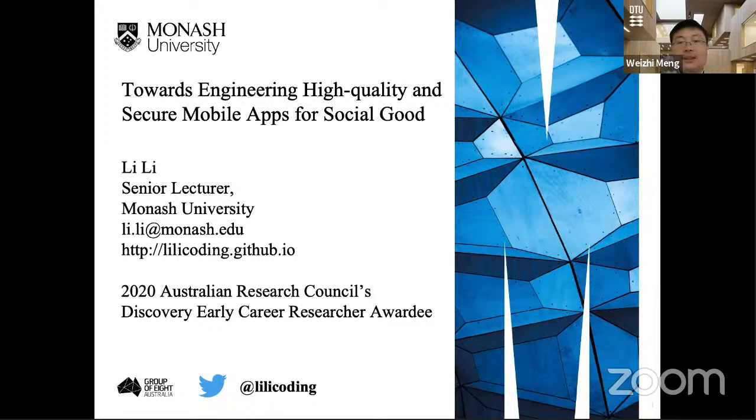Prior to joining Monash, he was a research associate in software engineering at the University of Luxembourg and an honorary research associate at University College London. He obtained his PhD in November 2016 from the University of Luxembourg. His research interests are in Android security, static analysis, machine learning, deep learning, and empirical study.